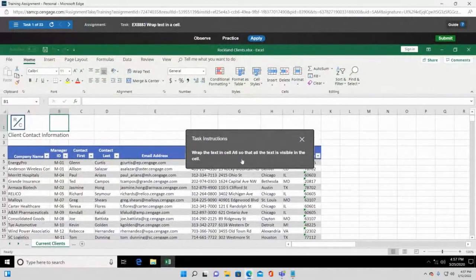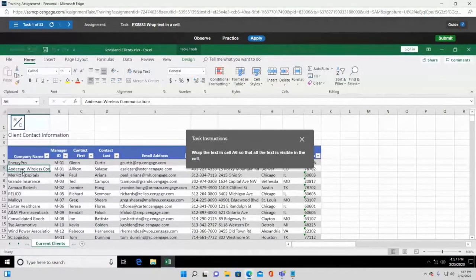Now they're saying wrap the text in cell A6 so that all the text is visible in the cell. So here is A, here is 6. You see it says Anderson Wireless, and then you can't see what's beyond the CO. It's either CON or COM. But if you look in the formula bar, you see it says Anderson Wireless Communications. Okay? So what they want us to do is wrap the text so that all of those 3 words are